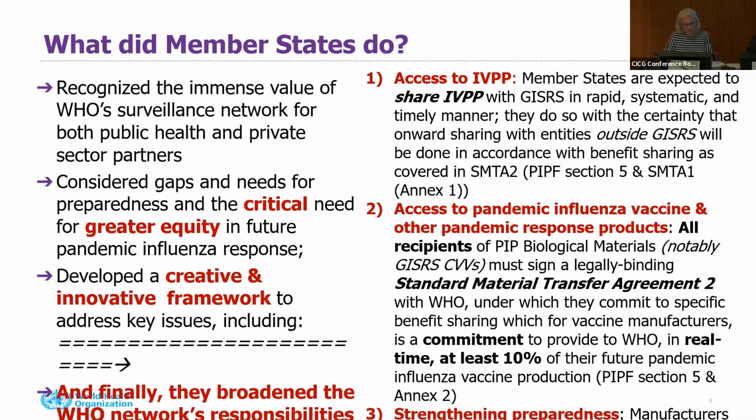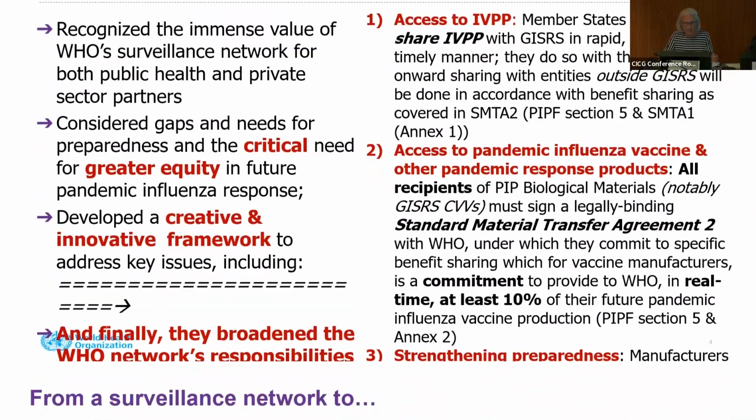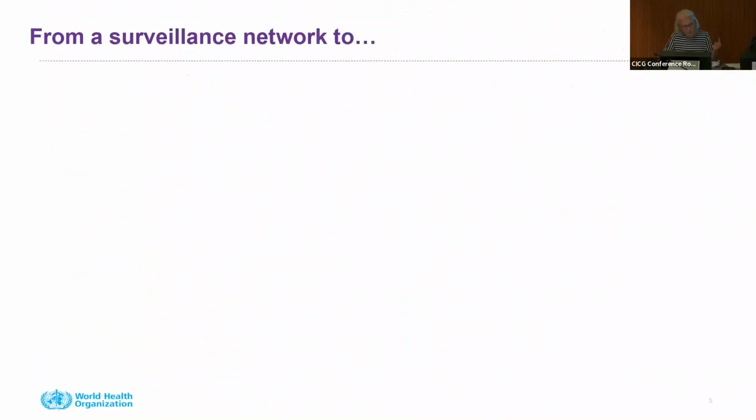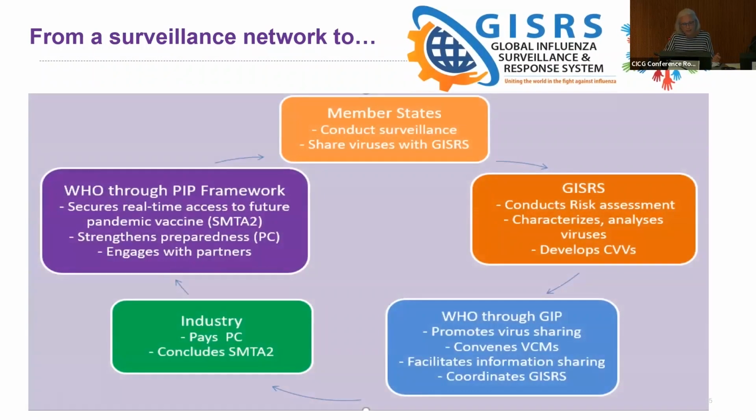So finally, member states, what did they do? They broadened the responsibilities of the surveillance network, and they broadened them to include response, and they gave the network a new name, GSRIS, so that finally we went from just a surveillance network to really a global system that brings together member states, GSRIS, WHO, and industry in a real sort of virtuous circle here of surveillance, sharing